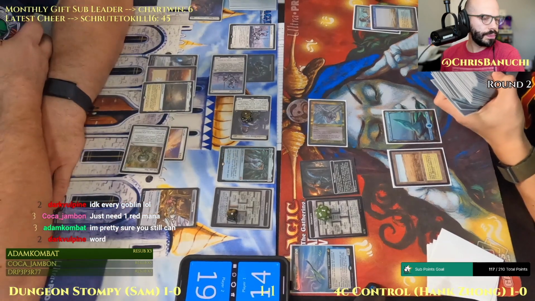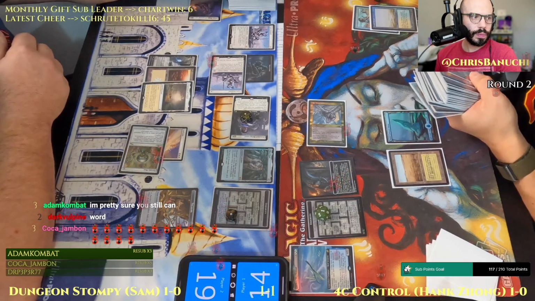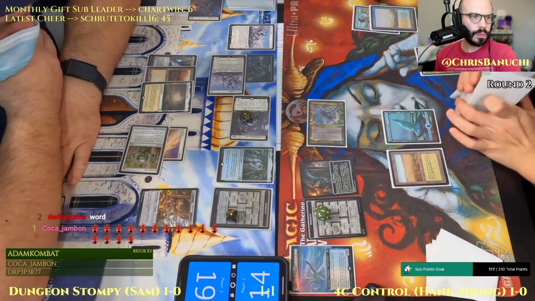You do one linear thing. Like Murktide doesn't kill fast enough, so they can just get in those early damage while you try to